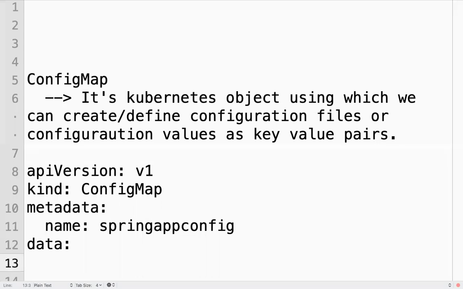Under data you can mention a file, or you can mention key value pairs, something like this: username, anything, it's a key and a value.